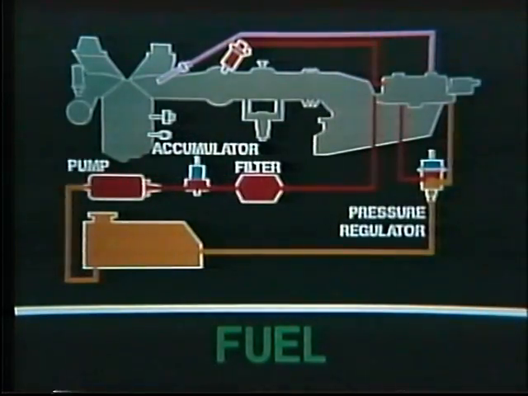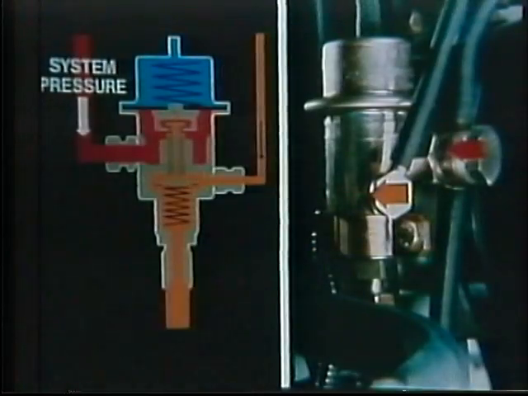The KE fuel pump, accumulator, and filter are about the same as K. System pressure is shown in red, return in yellow. The KE pressure regulator maintains system pressure, returning fuel to the tank. Besides controlling system pressure, it also controls return from the fuel distributor, the thin yellow line. It looks different from K, and it's outside the fuel distributor. Look for the thinner return line from the pressure actuator to the regulator, yellow arrow, and the system pressure inlet,